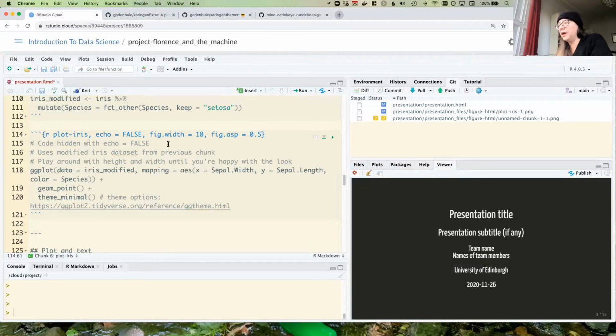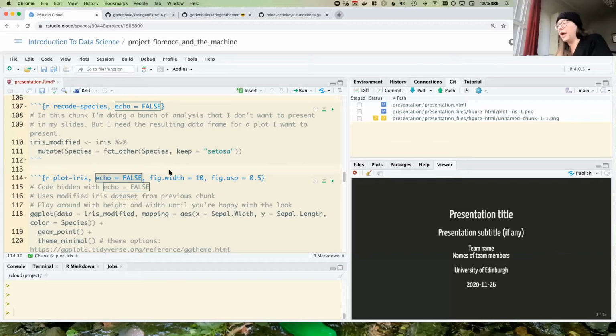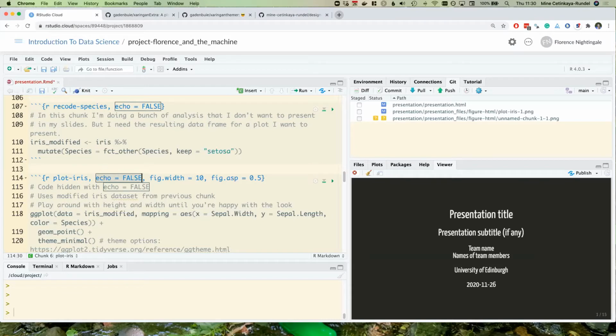Another thing that might be useful is this echo option, which is not something I actually added to your default chunk, just because you might want to see your code as you go. But as you're presenting, my guess is you're not going to want to show us a whole lot of code. It will take up